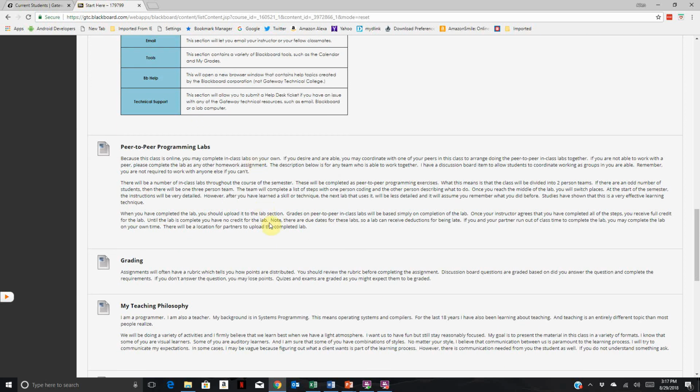Information on something called peer-to-peer labs. Now this particular class is an online class, so I picked that because I want to talk about how we do peer-to-peer programming labs in an online class. If you're in an in-person class where we meet actually on campus in a classroom, what I would typically do is divide you into teams, two-person teams usually,